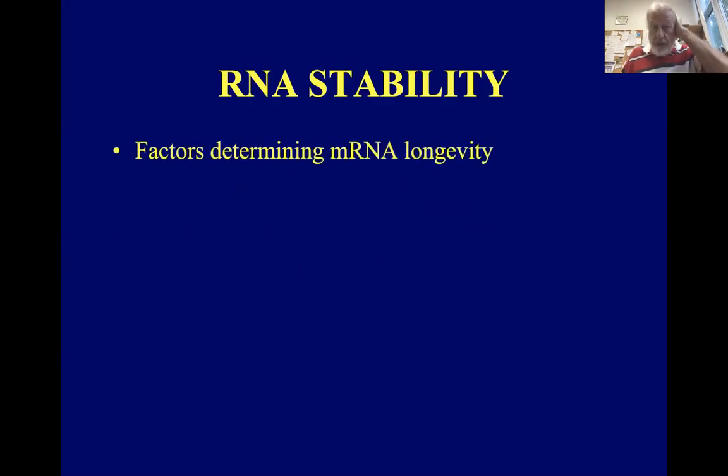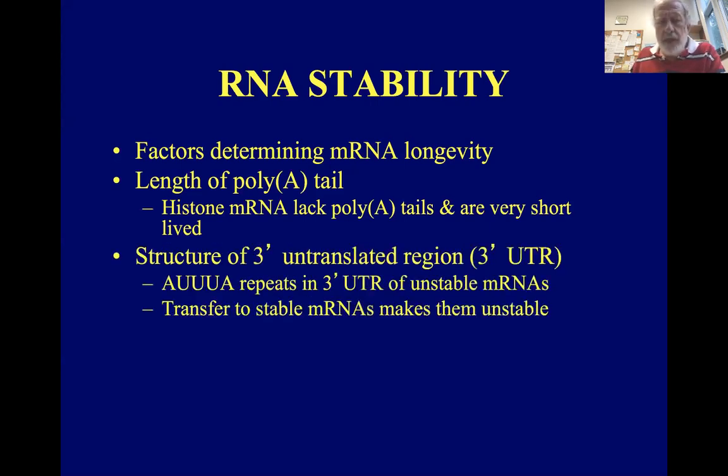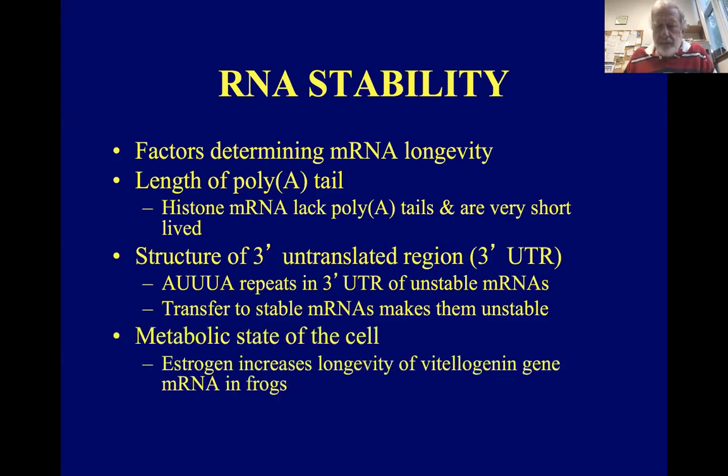So there are several factors that can determine messenger RNA longevity. One seems to be the length of the poly A tail. It's very, very short in histone proteins, or they lack them. And so these histone mRNAs are very short-lived. The structure of the 3' UTR can also affect the stability of the messenger RNAs, and then the metabolic state of the cell. So for instance, in female frogs,